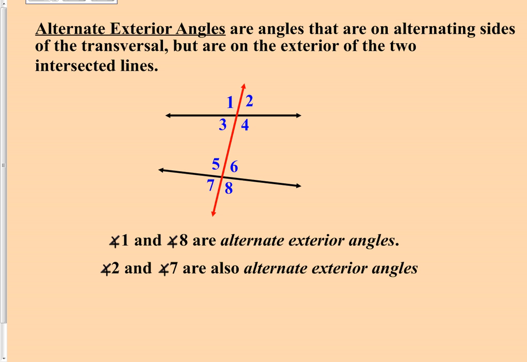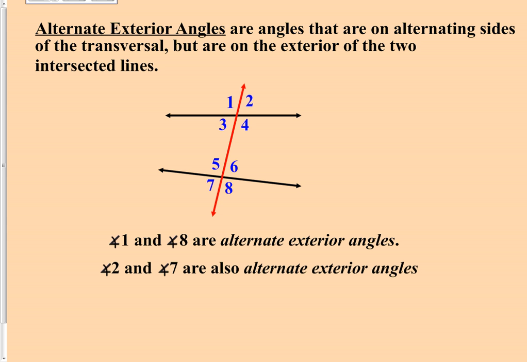Alternate exterior angles. Obviously we've already talked about what alternate means. Exterior means not in the space that is between the two lines. So this time angles 3, 4, 5, and 6 will not be used because they are on the interior. If we look on the outside, where angles 1, 2, 7, and 8 are,